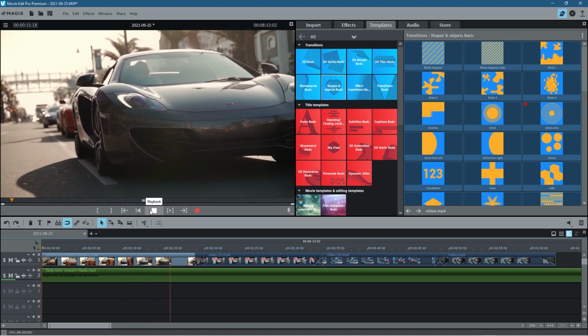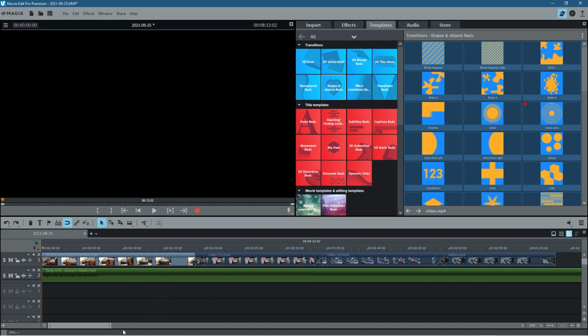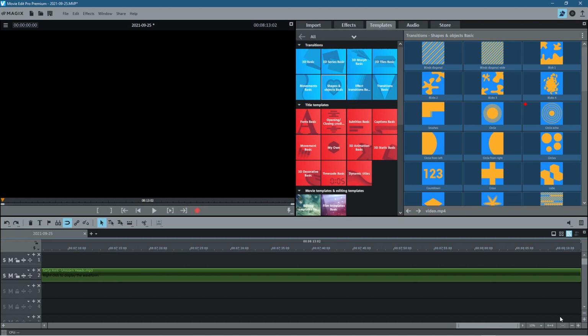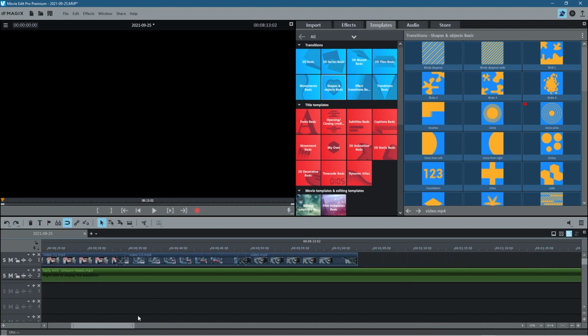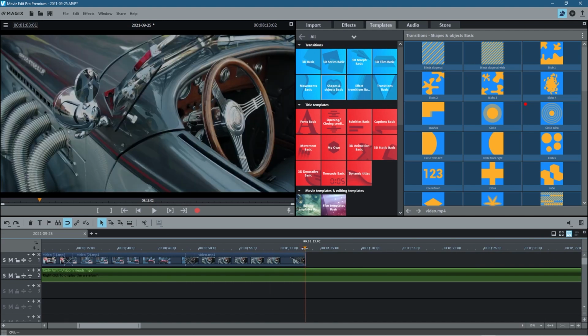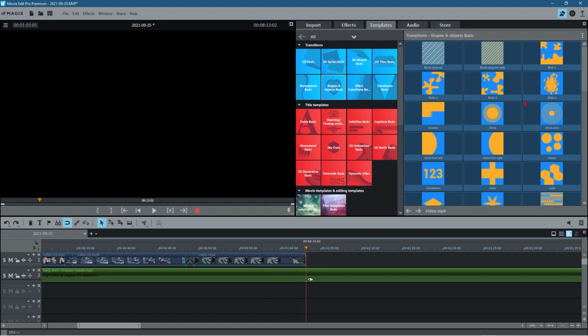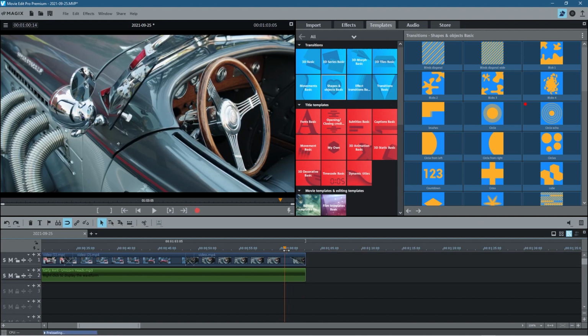So here's the audio, and what we want to do is really cut this, because you can see it's green, it's going to keep just playing all the way down here. We don't want that. So what we'll do is use the cut tool, and then we can just move our timeline to that position. So move it towards the end of the video clip, use the cut tool here, and then we can go ahead and cut that audio, and we will click on this end part, select it, and then delete it. Now our audio is just going to stop right towards the end,